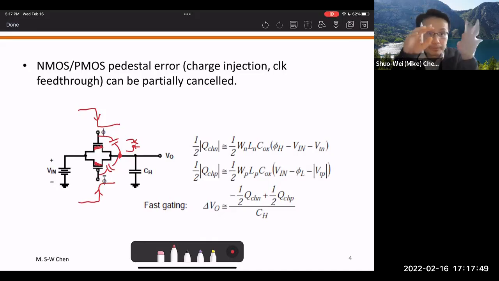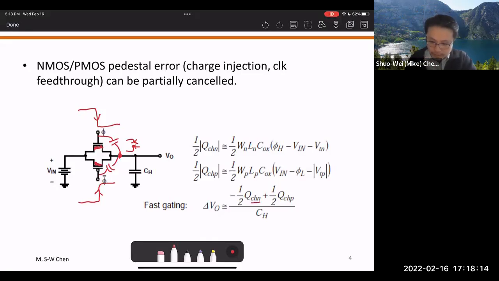In the case of fast gating, the channel charge has nowhere to go, so we can assume it splits half and half. Half goes to the source, half goes to the drain. So you have the negative charge and the positive charge, and when you sum them together,